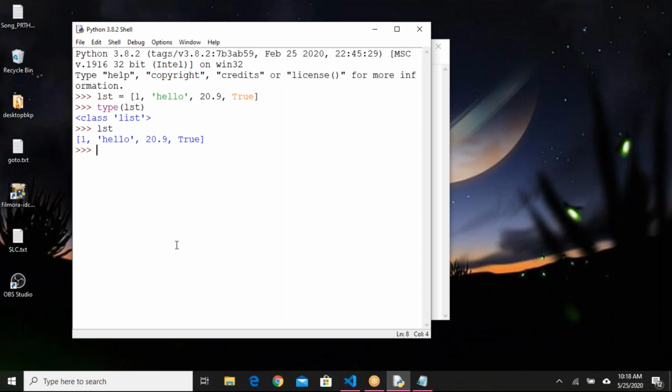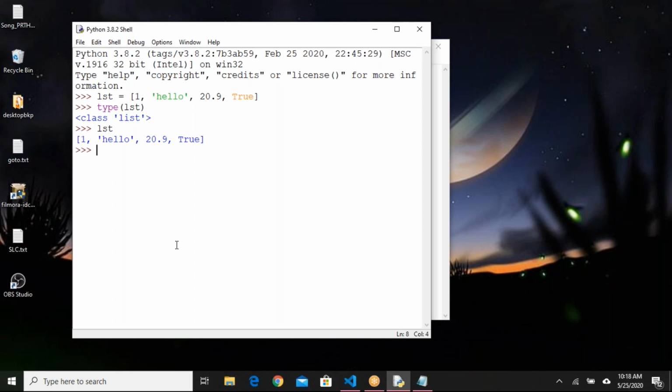Okay, clear. List items will be stored inside the list on an indexed basis. So its index starts from 0 and its index ends with n minus 1, the length minus 1. If you see the length of the list here, the length of the list is 4. There are 4 items available in the list, so length is 4. So index starts from 0 and ends with length minus 1, 4 minus 1, that is 3.